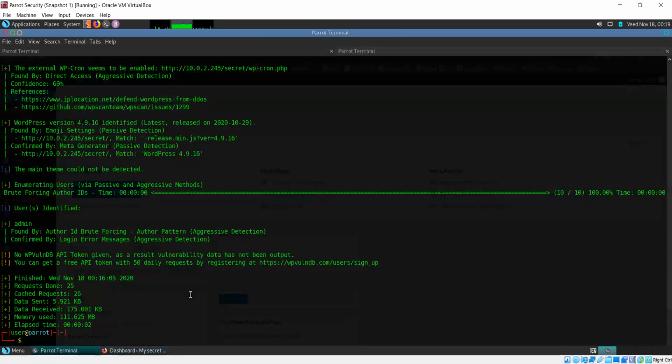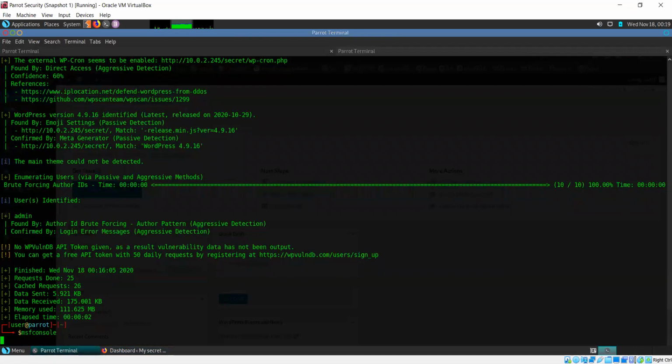Now, if you are pressed for time, if you don't have enough time when you are doing this, you can simply use Metasploit.